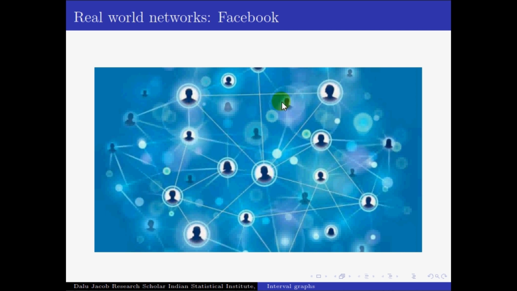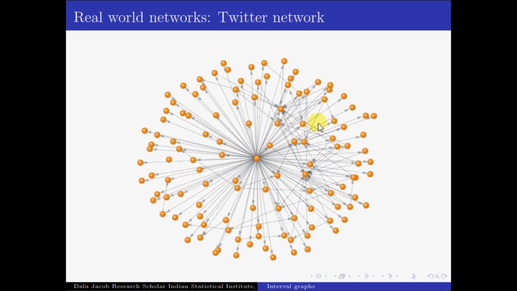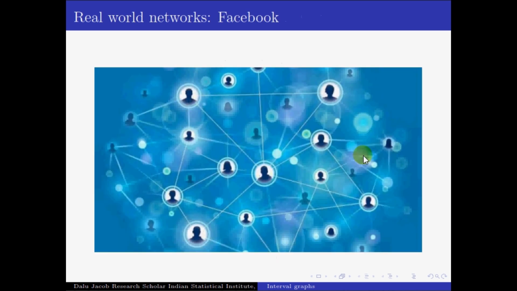But in the Twitter network, this following concept is not a mutual one. If I am following a particular celebrity, it doesn't mean that he even knows me. He doesn't have to follow me back. Hence in this network, the direction of the connections is very important. So we direct an edge from A to B if the vertex corresponding to A is following the vertex corresponding to B. In general, such graphs are called directed graphs, and those like Facebook, which don't have any direction on their edges, are called undirected graphs.